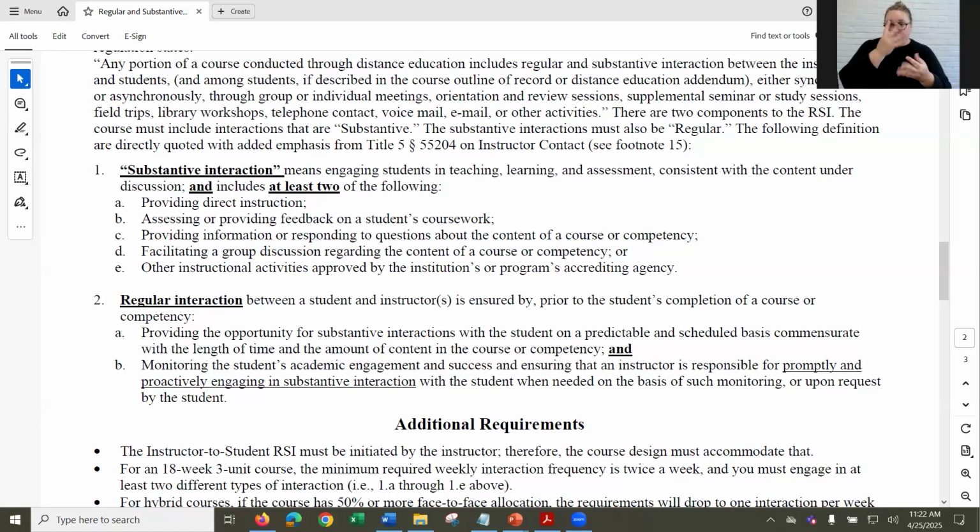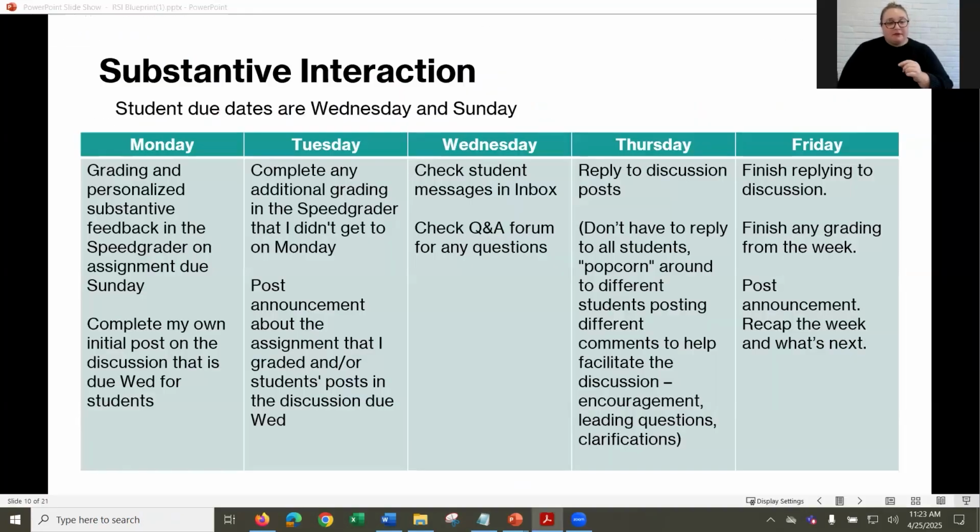And then E is just kind of a catch-all if there's anything that wasn't covered in A, B, C, or D. So what we want to do is go back to the PowerPoint real quick. I know it's kind of hard to keep those two things in your mind, the A, B, C, and D. But if we want to talk about, for each day here, which types of RSI is Tammy doing within her course?